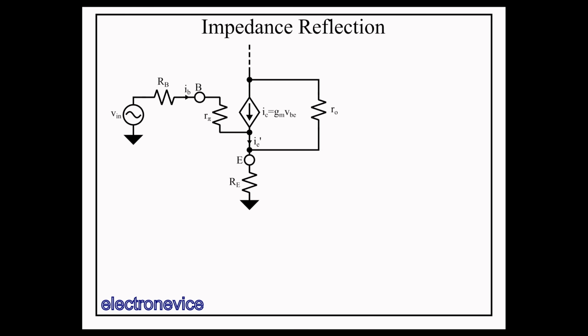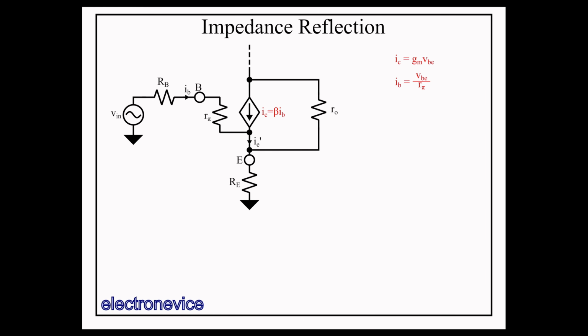Let's start by looking back at our hybrid pi small signal model. Here I have our small signal model with an emitter resistance, a base resistance, and an unknown connection to the collector. This is to show that this method works no matter what's connected to the collector. First thing we're going to do here is to use an alternate expression for IC. We know that IC equals GM VBE, but in this case it's more useful to use the equation IC equal to beta times IB, which we've done before.